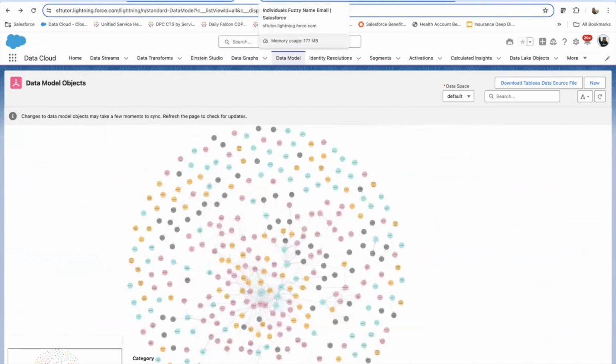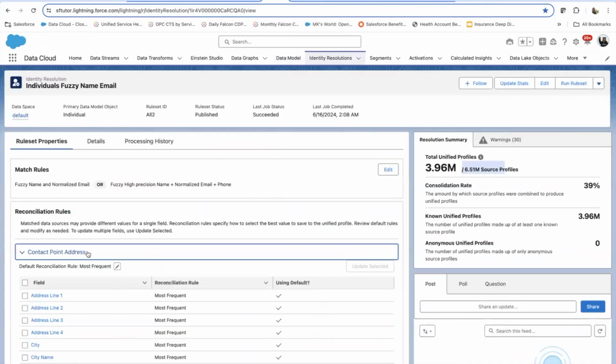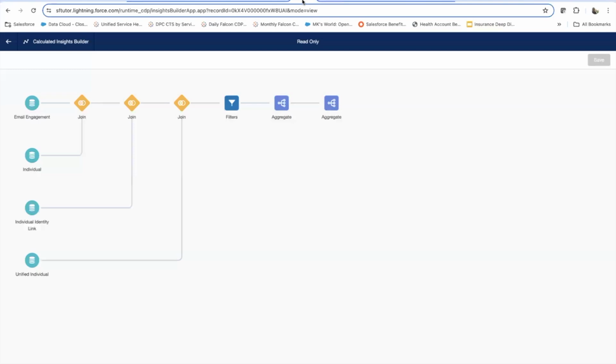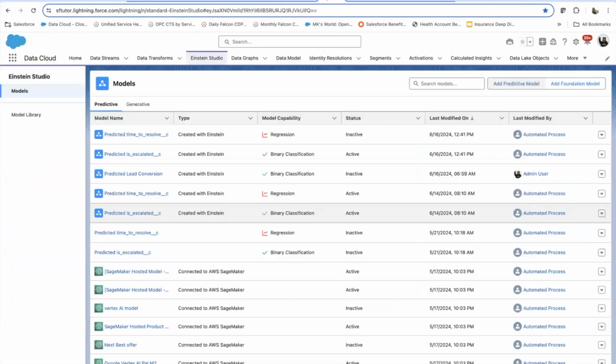But this only normalizes schema. And with the power of our unification, you can harmonize all your IDs as well. So I know it's the same person who clicked on my website, who had an email, who had a service case, and so on. With this 360 view, you can start creating calculated insights to do BI insights, or